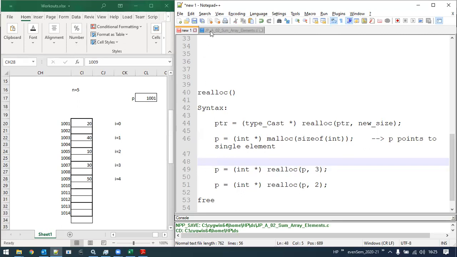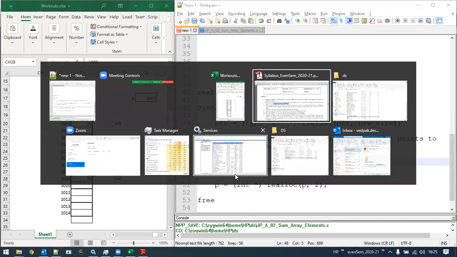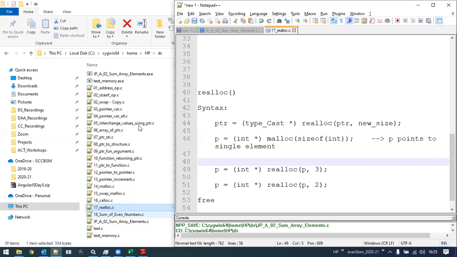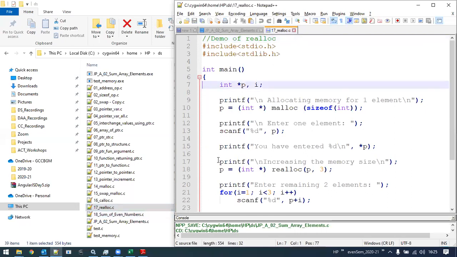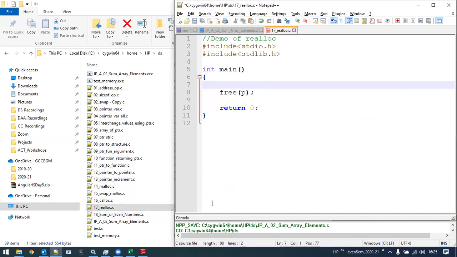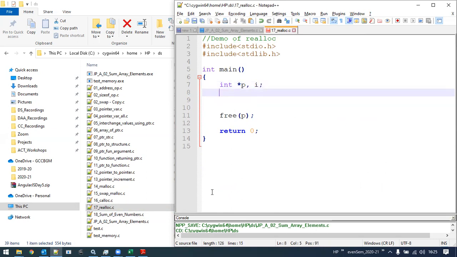Okay, let me open a program. See here, I will do one thing. I will remove all these things. Let it be only this much. Now I require one pointer, say *p, and one variable i for the iteration.